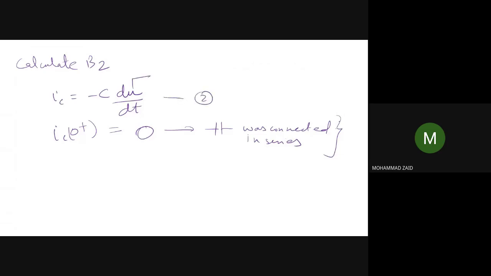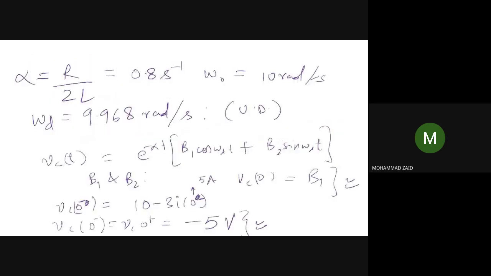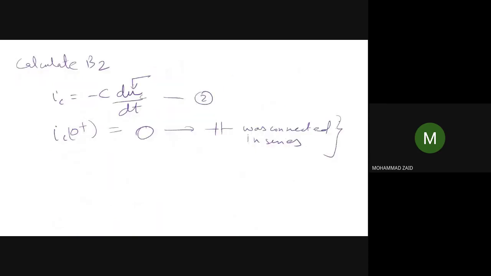So the second equation you can use this. The expression of V we have already used, the expression of Vc(t) is there. So you have to differentiate it, multiply it by C and put it to 0. Once you put it to 0, the value of B2 will be equal to minus 0.4. You calculate it from your side. I have got B2 equal to minus 0.401. B1 is known, B2 is now known.